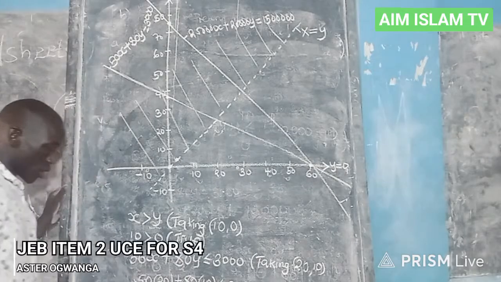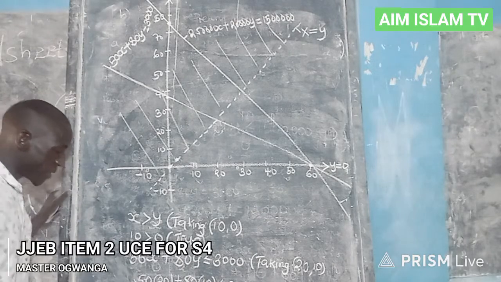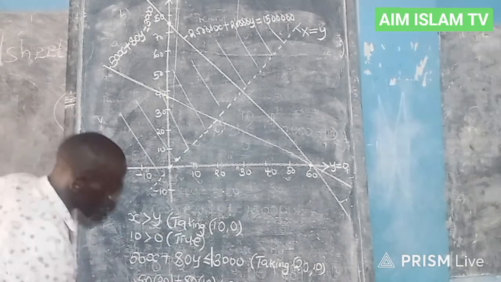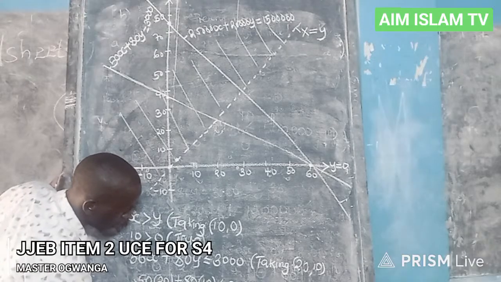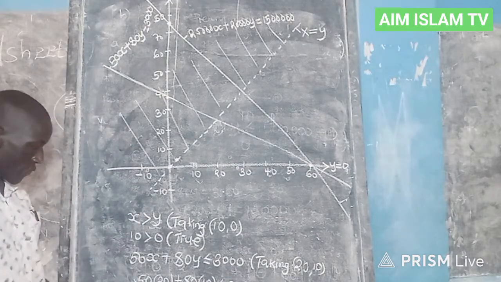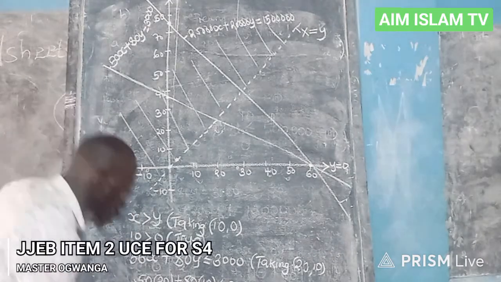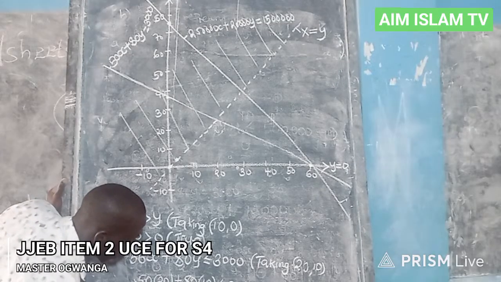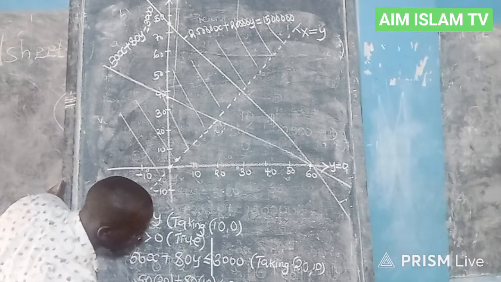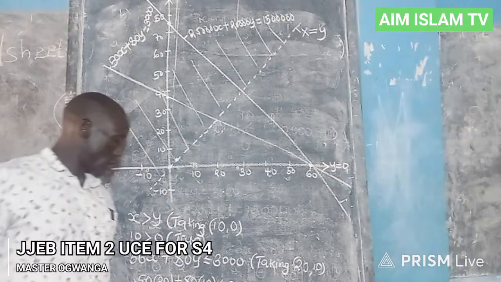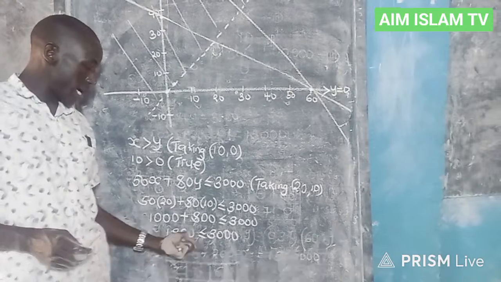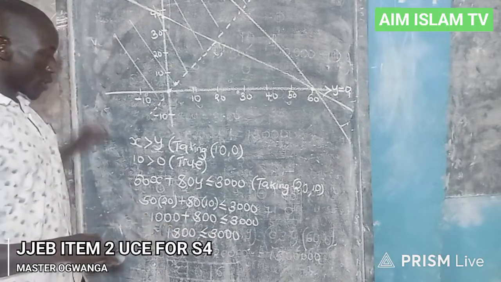So at this point, when I look at the 50 times 20, you realize that it is given by 1,000. Then this one here is the same as the 800, which is less than or equals to 3,000. Let us try adding this. When I add this, you realize that this is the same as 1,800 being less than or equals to 3,000. So we take a look at this point and then we make our decision. When you look at 1,800, you realize that it is less than